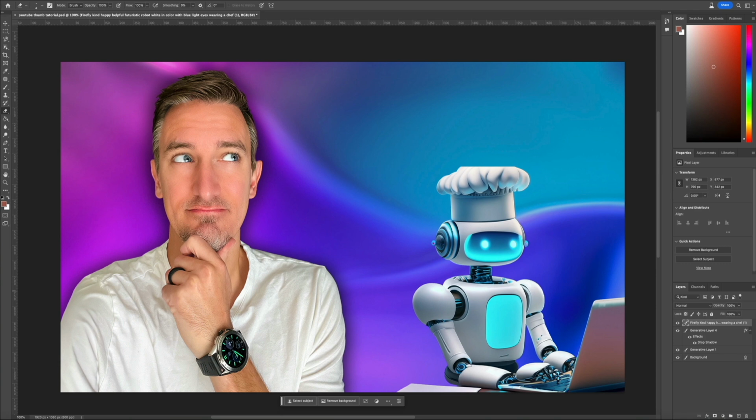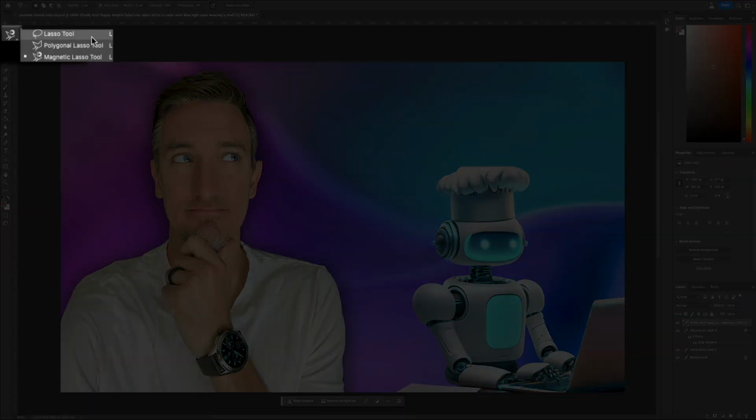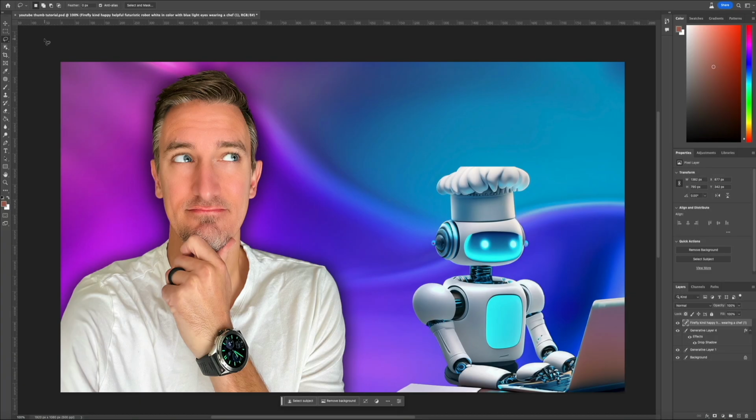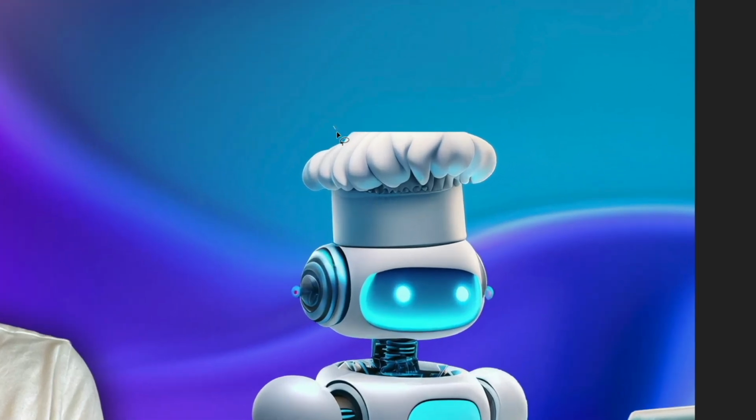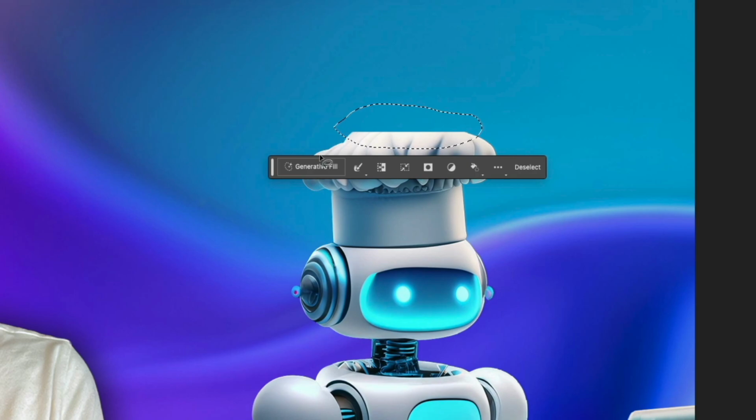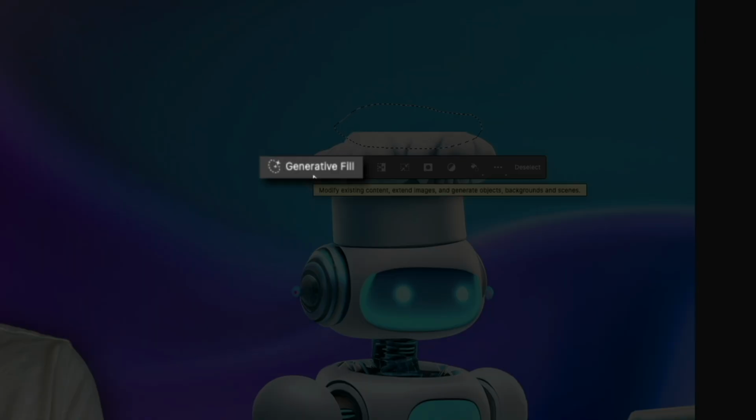Okay, next we're gonna use AI to fix the chef's hat. The original generation of the image cut it off at the top of the screen, making it look kind of flat, but we can use generative fill to fix that and make it look more full and complete. So just like the whites of my eyes, I'm gonna use the lasso tool. So let's select that really quick. And I'm just gonna draw the area I want the AI to fill out, which will be right above the hat, like so. Then from here, click the generative fill button,